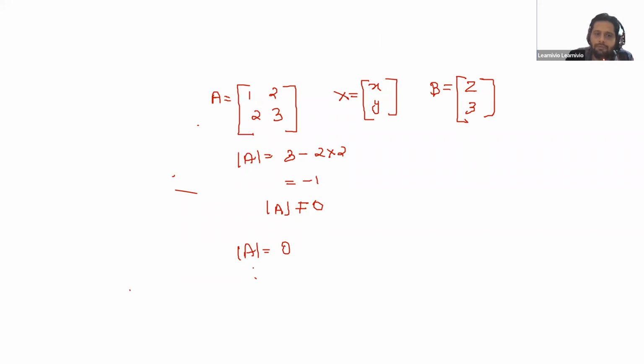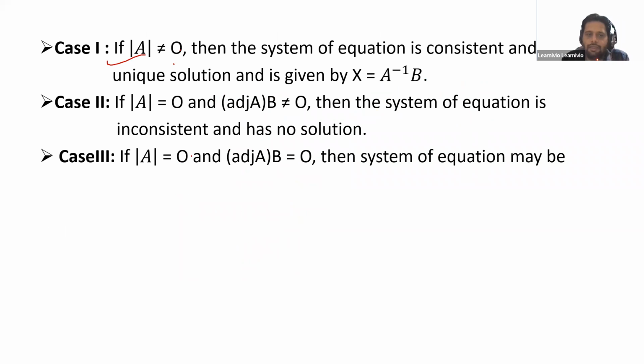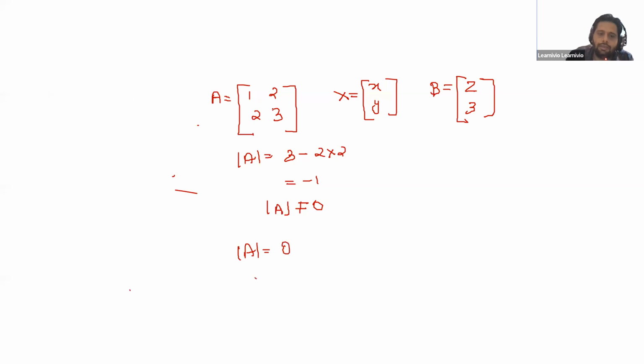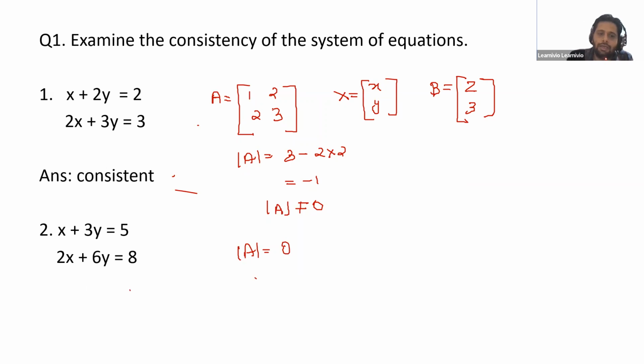So if we check the previous cases, if determinant is equal to 0, then we will find adjoint of A into B. Okay, so now here we will find the adjoint of A into B. What is B here? B is 5, 8. Next, we will find the adjoint of A. What is A? A is